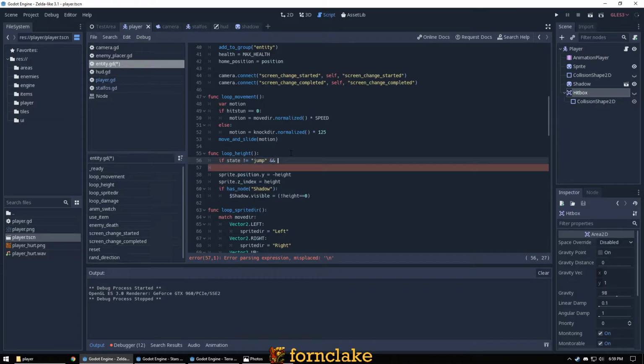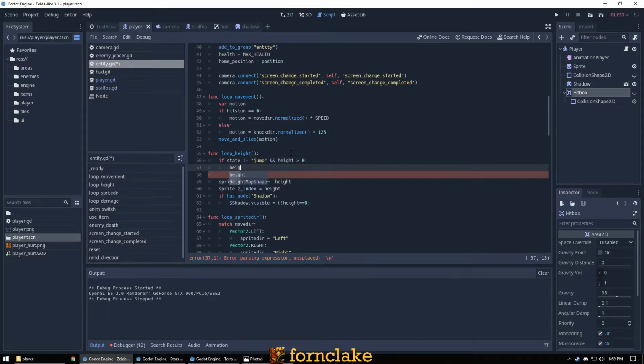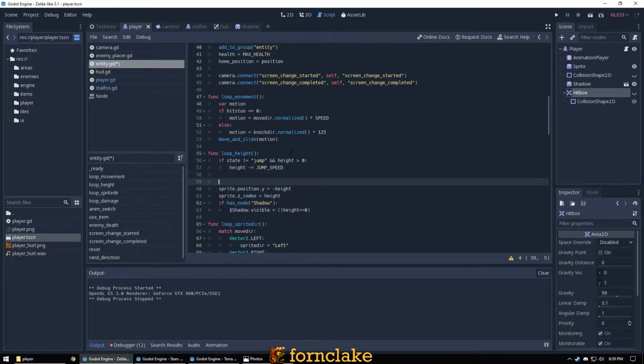I don't think there should be any reason height should be increasing on any enemy unless they are trying to jump. So if state is not jump and height is greater than 0, and just in case, if